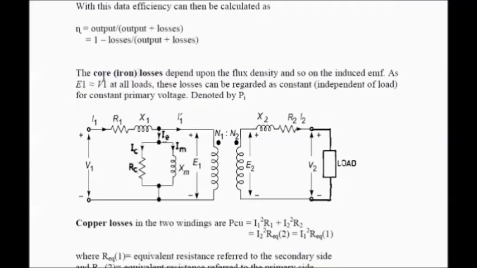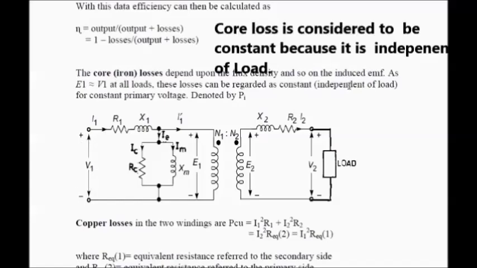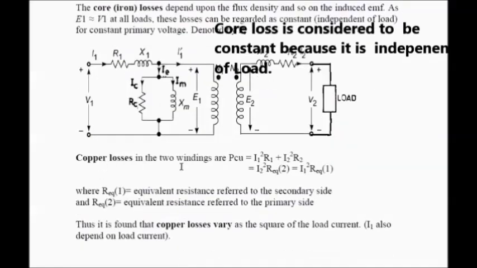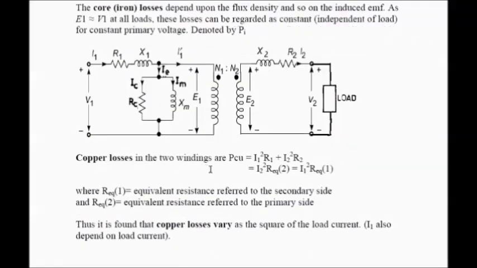And losses are what? Core loss, also known as iron loss, and this is a constant loss which depends only on supply voltage V1 and is independent of load. And copper loss is variable loss, and we denote it by PCu, Cu for copper, and it can be written like, copper losses in this winding plus copper losses in this winding. So in this winding copper loss is I1 square R1, and in this winding copper loss is I2 square R2. So overall copper loss is what? I1 square R1 plus I2 square R2.